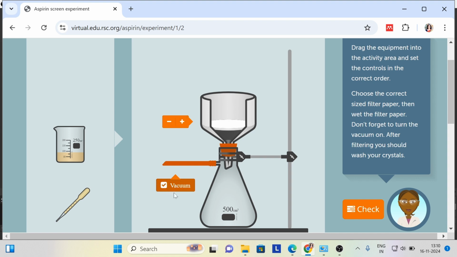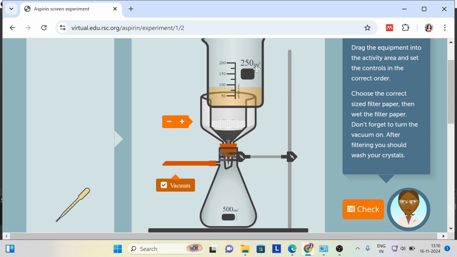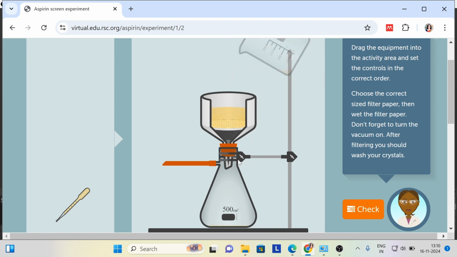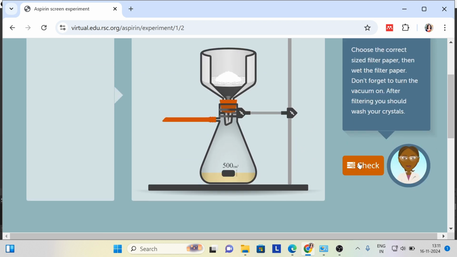I obviously have to switch on the vacuum so that, with the help of the vacuum, all the solvent is going to get sucked in. First you have to add a pipette of cold solvent so that the filter paper is wet. Now you can use it for filtration, and now the filtration will be done. You can see the filtrate level has gone down and your compound is here. Now we have to wash the crystallized sample a little with the solvent which we have used, and I guess the filtration is done.